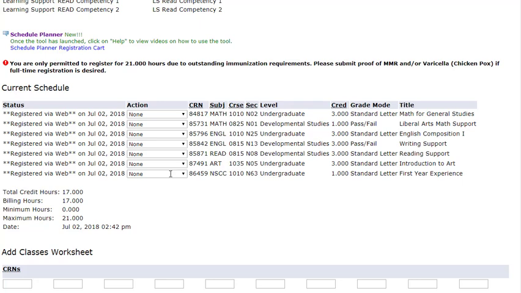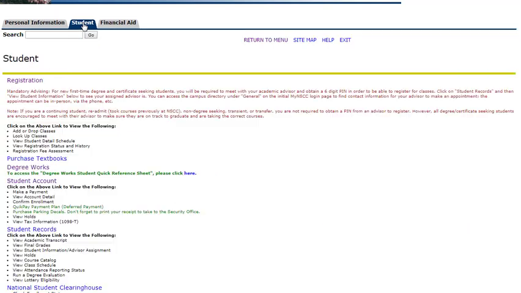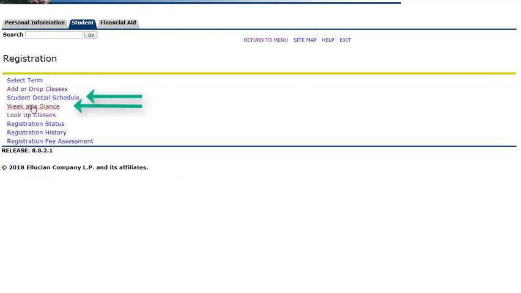And it's going to show you that you have a current schedule, you are registered for all of these classes. So then what you would want to do is, if you want to print your schedule so that you have a physical copy of that, click on Student again at the top, click on Registration, click on Week at a Glance or Student Detailed Schedule, depending on how you want to look at this. Week at a Glance shows you a calendar view. Student Detail Schedule just lists all of the classes that you registered for, and you have to go through and see